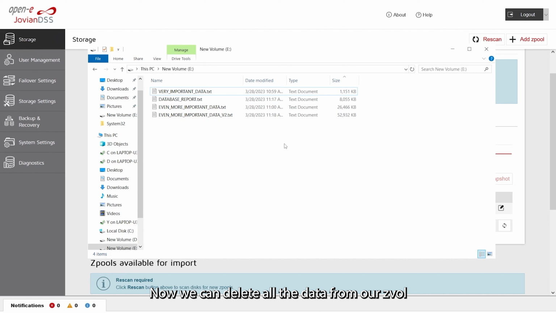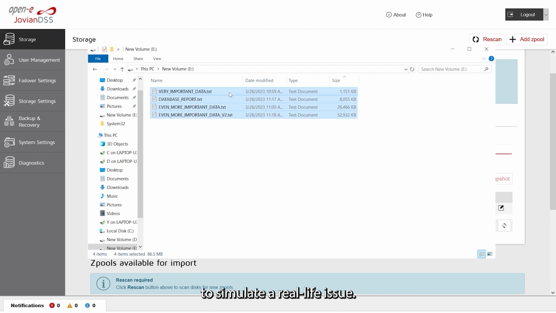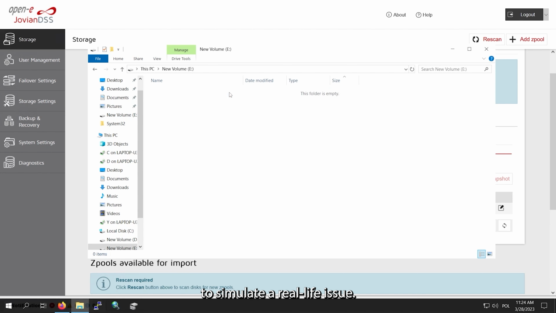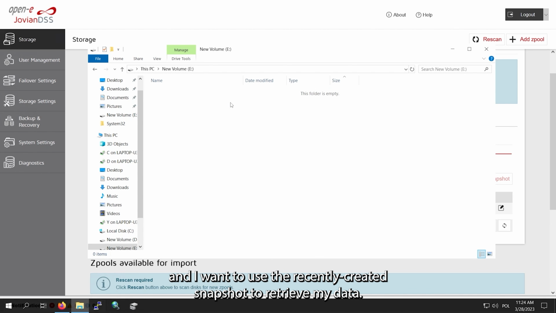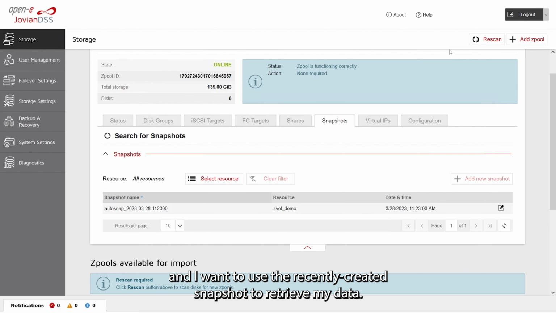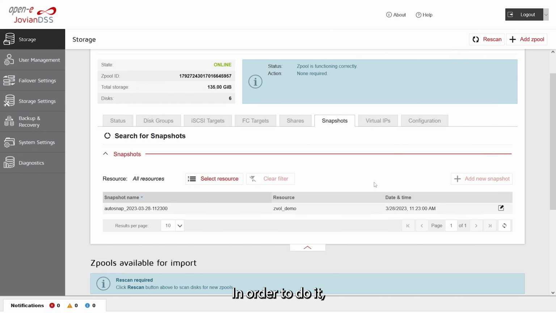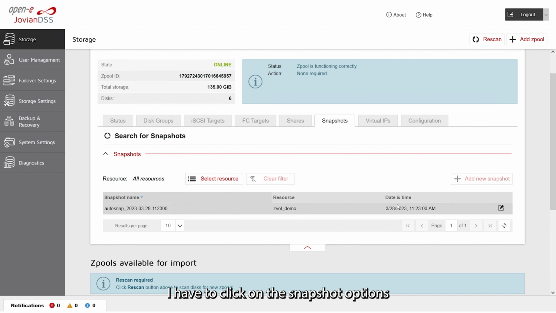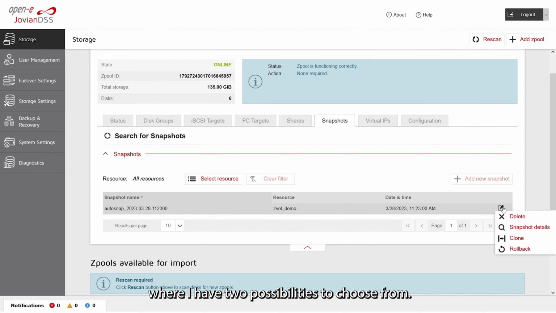Now we can delete all the data from our zVol to simulate a real-life issue. The data is now gone, and I want to use the recently created snapshot to retrieve my data. In order to do it, I have to click on the snapshot options, where I have two possibilities to choose